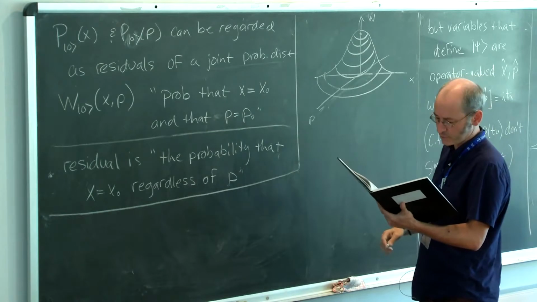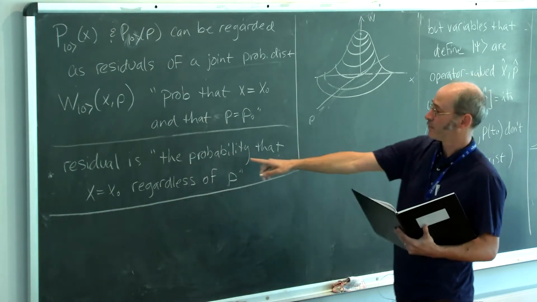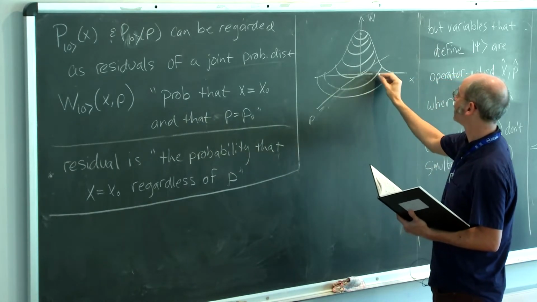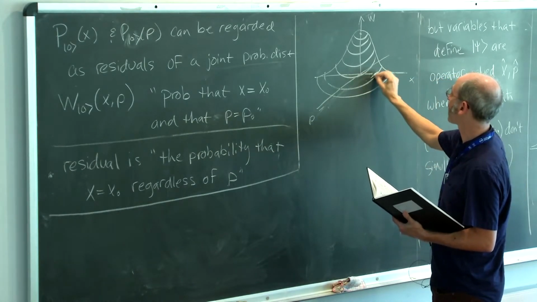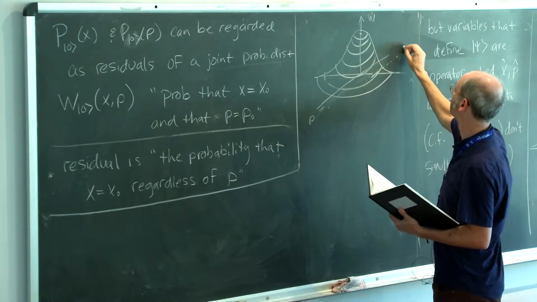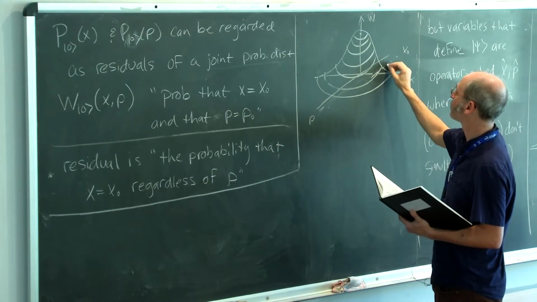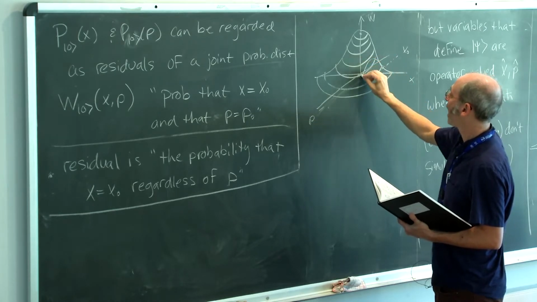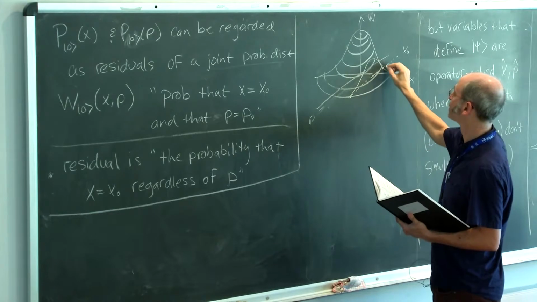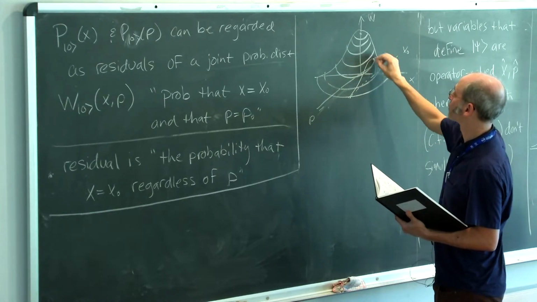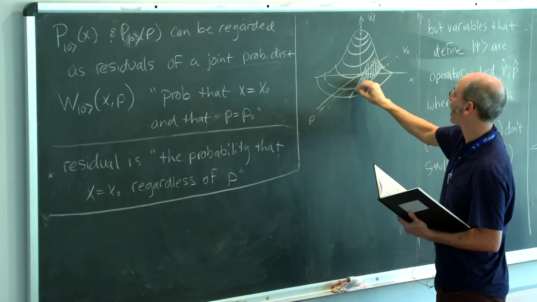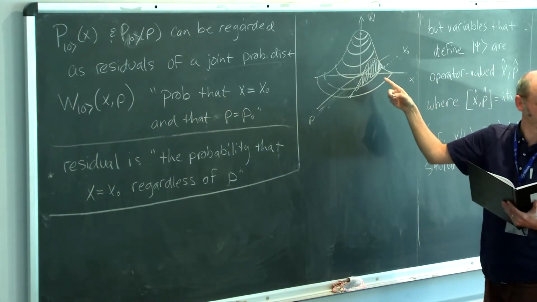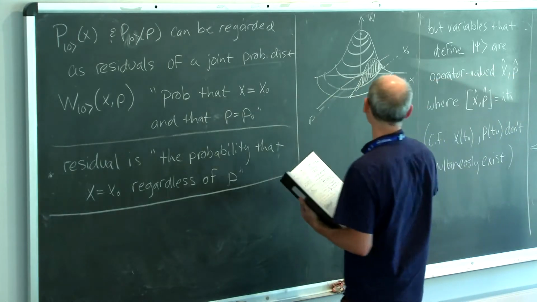And the definition of a residual, if we take it here, being the probability that x equals something regardless of what p is, is gotten by saying, okay, I want to know what's the chance that x equals this value here. So let me then integrate up the probability of x being equal to that and p being equal to whatever it might happen to be. Okay, so the probability of having x equal to x naught, regardless of what p is equal to, is the area under this curve here. And so if I plot that